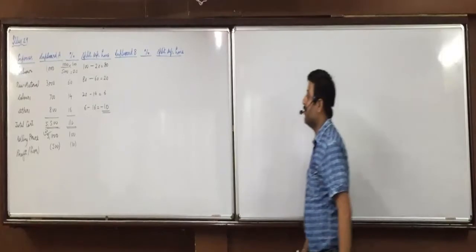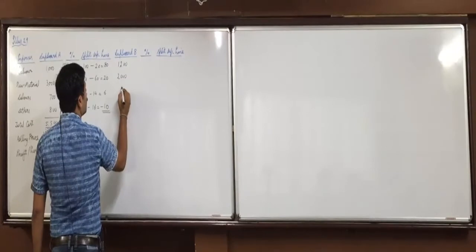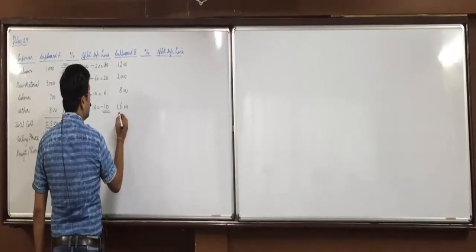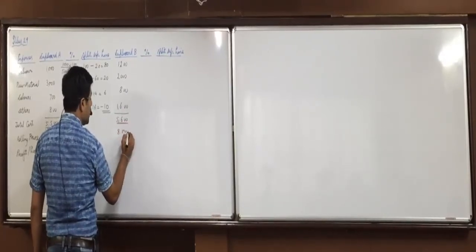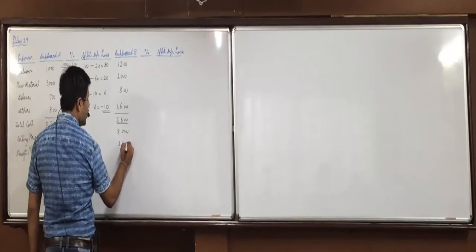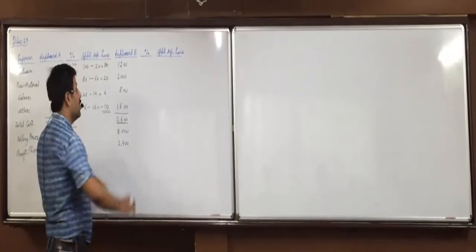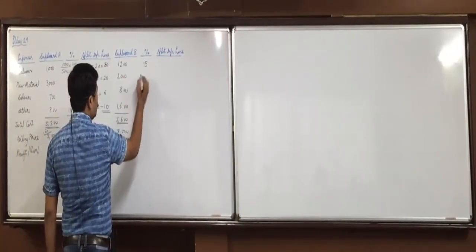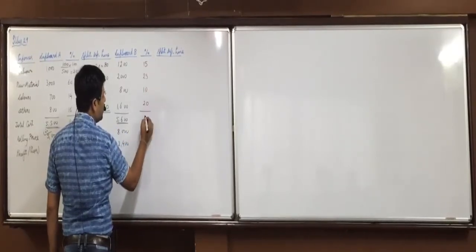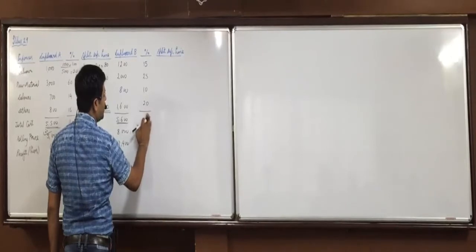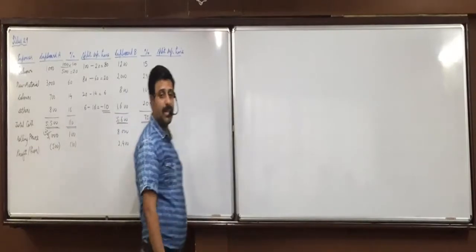1200, 2000, 800, 1600, and total is 5600. Selling price is 8000, so there is a profit of 2400. Now here all will be divided by 8000. So 1200 is coming to 15, 25, 10, 20, 15, 40, 50, 90. No, 50 plus 20, 70. And 100, so 30. Who all could get this correct?